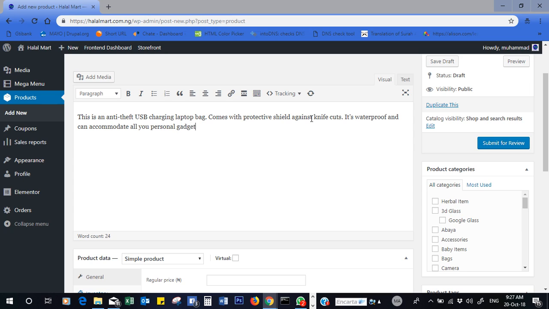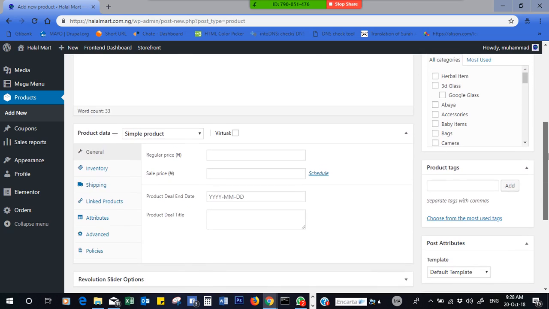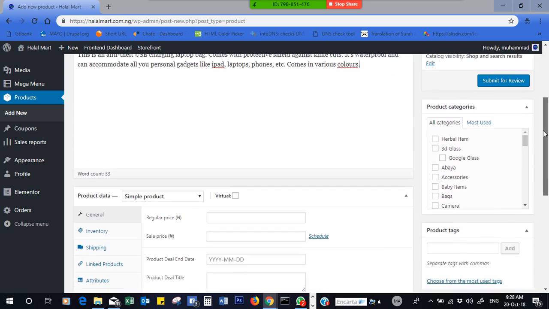Good. Gadgets like iPad, laptop, phone, etc. Comes in various colors. All right, we've added the description or the story of that bag, and the next thing we want